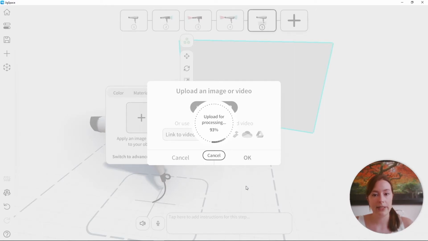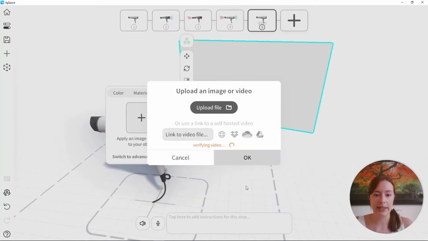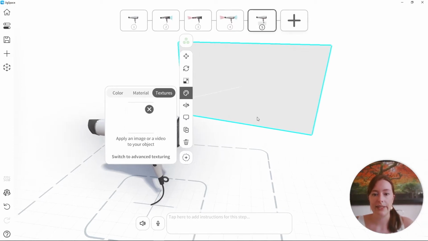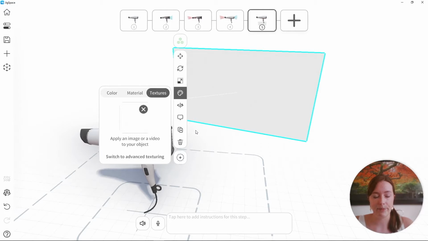Now, video files will always load in a little bit more slowly. That's because GigSpace is running compression on the footage to get the best sound quality possible as well as video quality without letting the jig run slowly. Now, as you can see, it's loaded into the scene, but it looks white. This is because the video doesn't play automatically in the Jig Workshop.